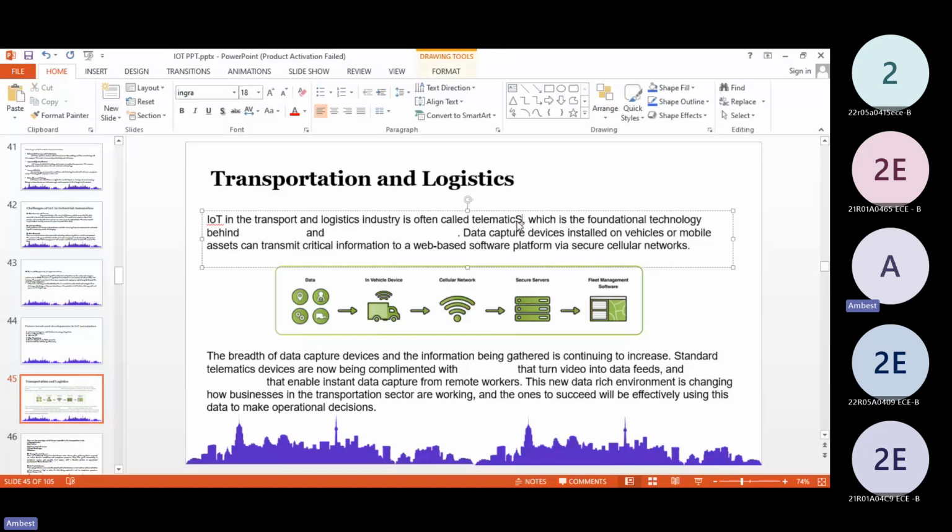logistics, there are vehicle devices which have some